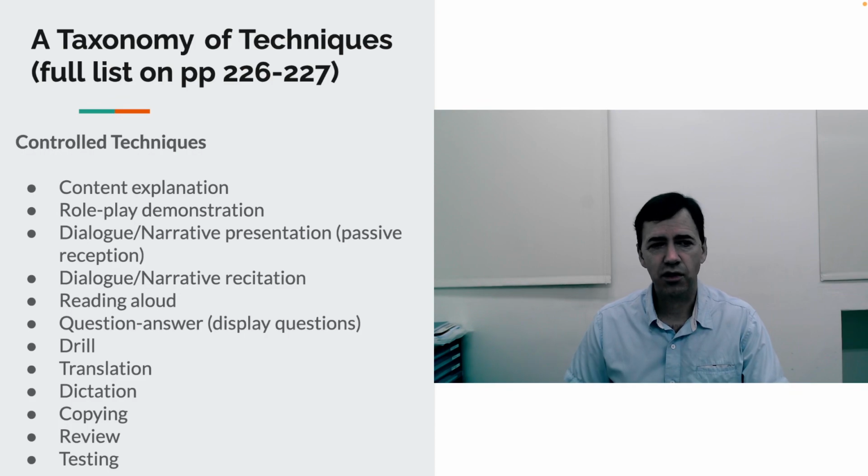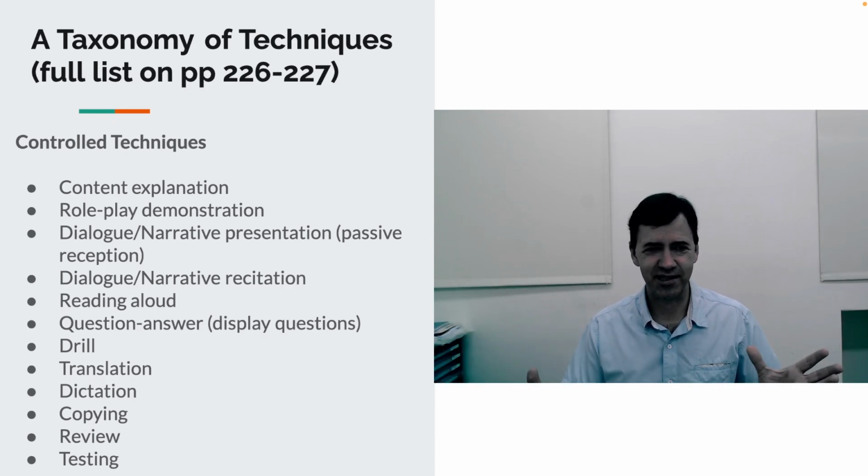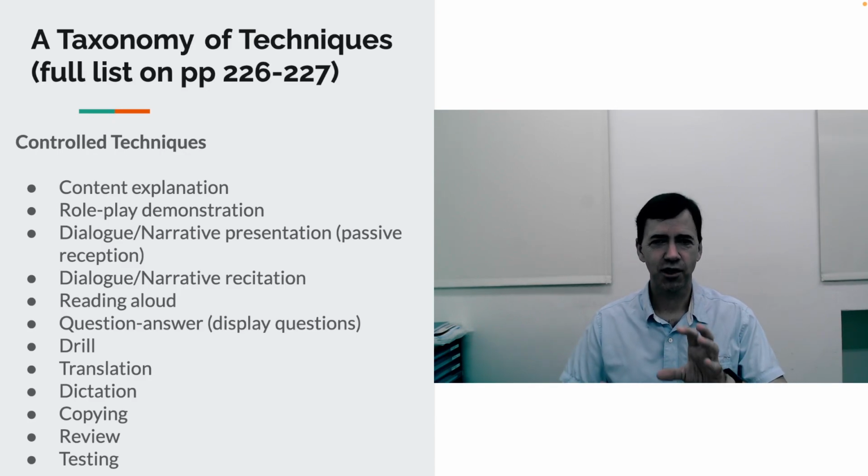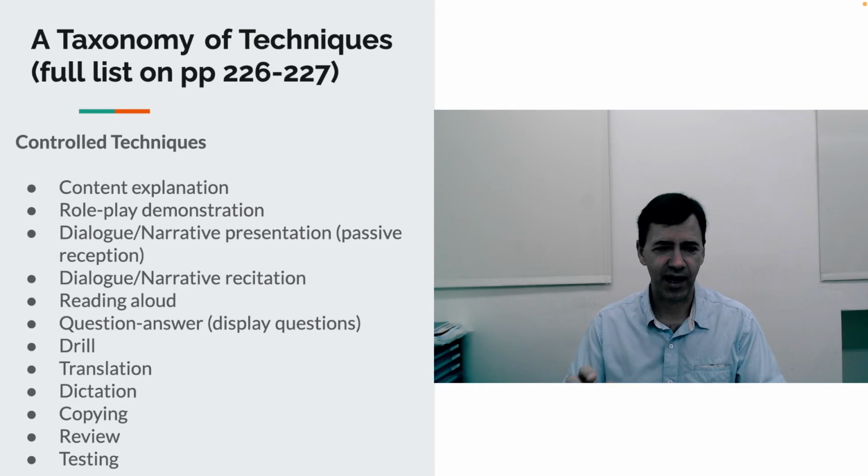Okay. So in your textbook, if you have it, there are two pages, 226 and 227, which they call a taxonomy of techniques. And it goes from controlled to semi-controlled to totally open-ended. And they have an explanation for all of them. And so what I did is I just put a few in here to give you the general gist